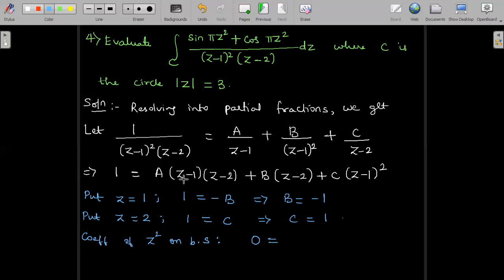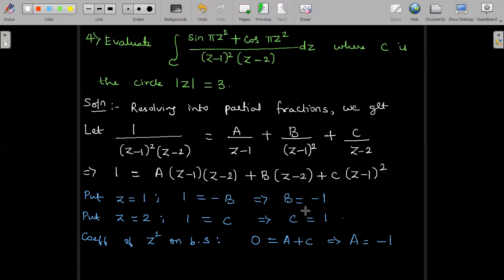When I multiply this a coefficient that we are having, I get the product z square here. So the coefficient of z square is a, and with b there is no z square term. When I expand a minus b whole square, I can get z square here, so the z square coefficient here is c. Overall, in the right hand side, the coefficient of z square to equate is a plus c. Since we know c is equal to 1, a will be equal to minus 1.